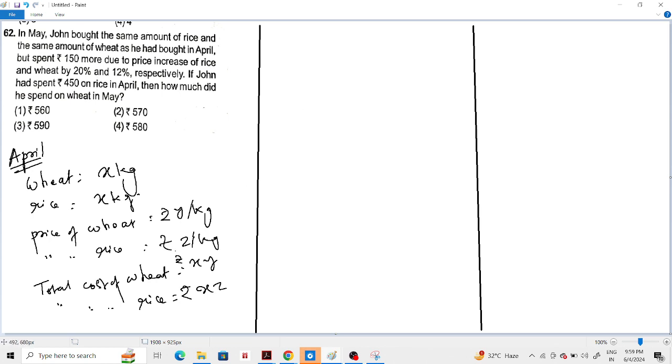Okay, total cost of wheat is xy and total cost of rice is xz. Now it is given if John spent 450 rupees on rice in April, একটা ভ্যালু দিয়ে দিয়েছি, ঠিক আছে? তার মানে xz এই ভ্যালুটা দিয়ে দিয়েছি 450, বাস এতটাই রাখবো, এটা এখন কিছু করব না। এবার আমি মে মাসে চলে যাই। মে মাসে বলছে যে সেম খরচা হয়েছে, হুইটও সেই এক্স কেজি, রাইসও এক্স কেজি।